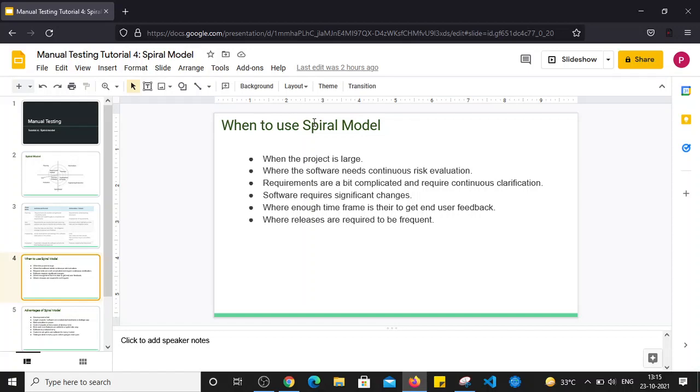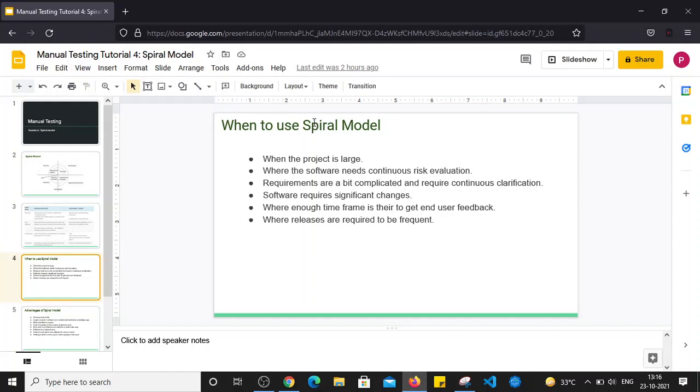If the product is very large and requirements are pretty complicated, then requirements might need continuous changes, as well as time-to-time clarification. So in such cases the spiral model is useful. Also, when the software requires significant changes, constant upgrades or frequent changes, then in such scenarios the spiral model is used.